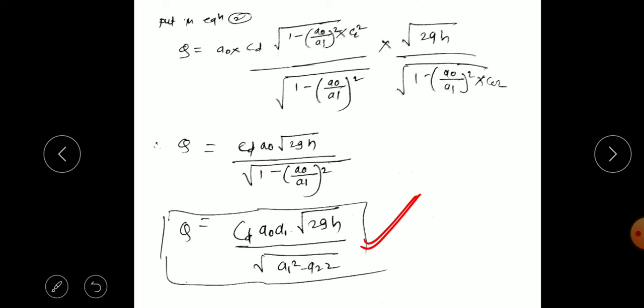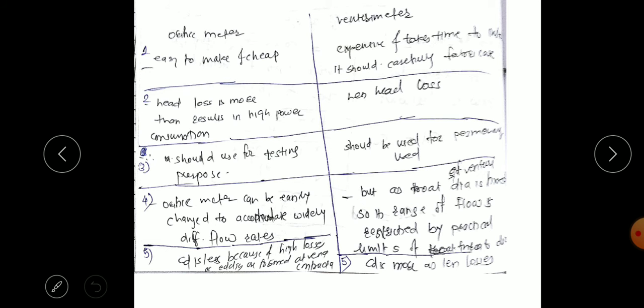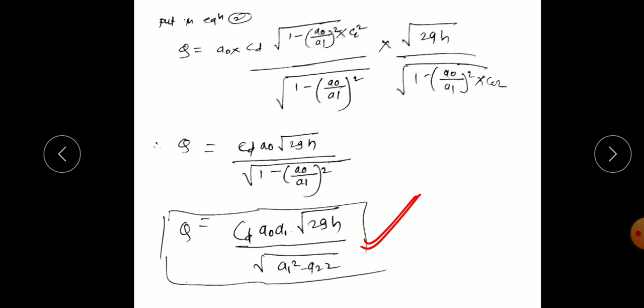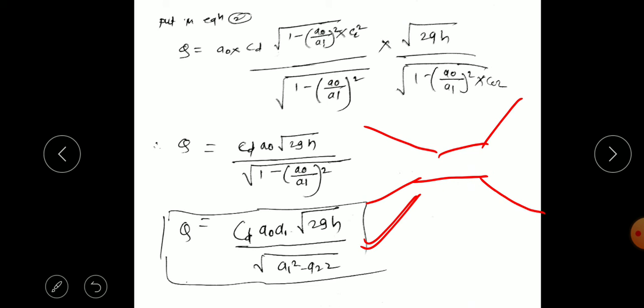So again, venturimeter and orifice meter are flow measuring devices, so we can compare these two devices. The orifice meter, as we can see, is a plate that can be inserted into the flow path, and two flanges are required. So they are easy to make and cheap as compared to the venturimeter. Let us recall the venturimeter we considered in the last class: it has a converging section, then a throat section and a diverging section. This is the venturimeter we have considered.